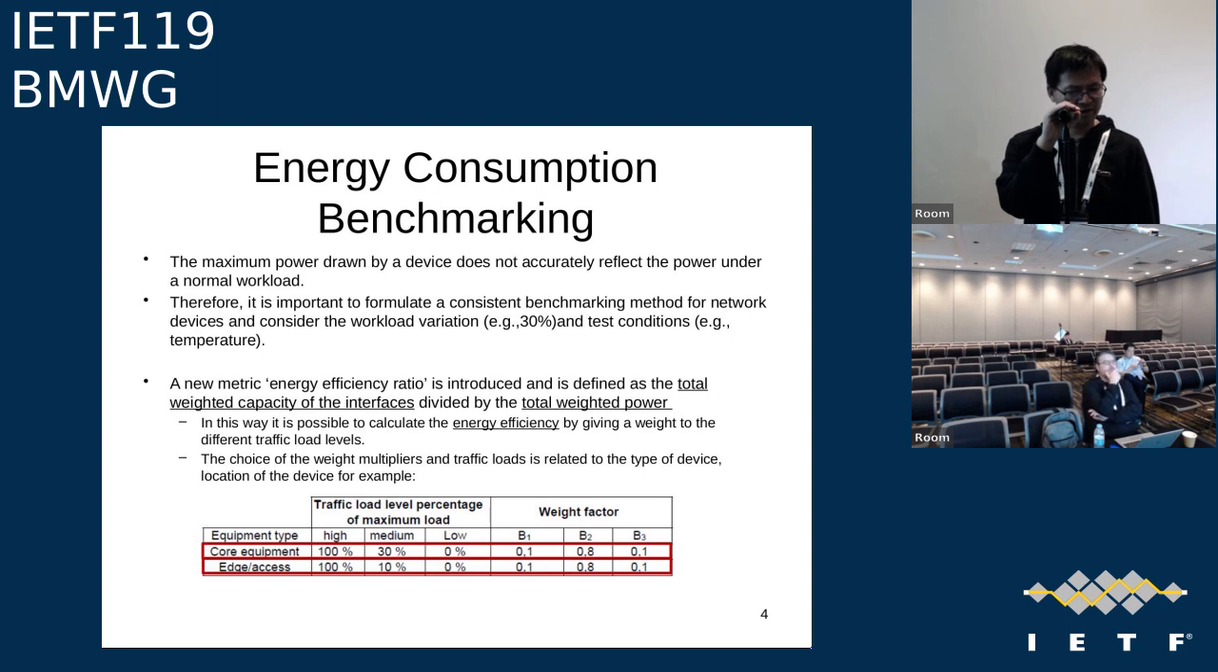So the new metric we use here is energy efficiency ratio. You can see they can calculate it based on two metrics. This is really the total weighted capacity of the interface divided by the total weighted power. So in this formula, we consider some factors, for example, the